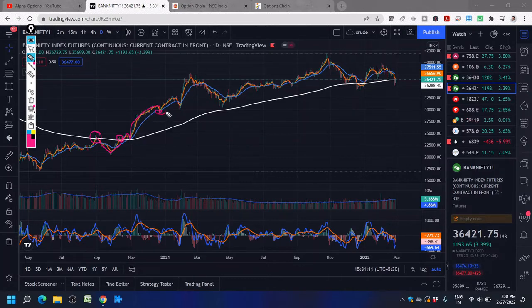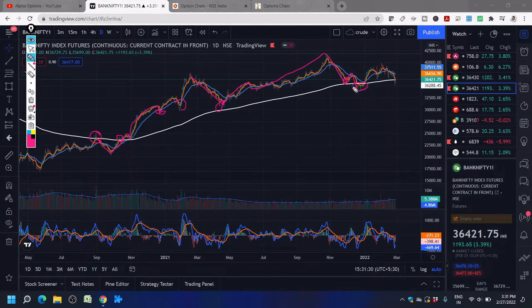Then it took support at the moving average levels, and then again if the trend was weak, it came back till 200. From there it moved up, went high, came back to 200, took the support, and this time it broke the support,